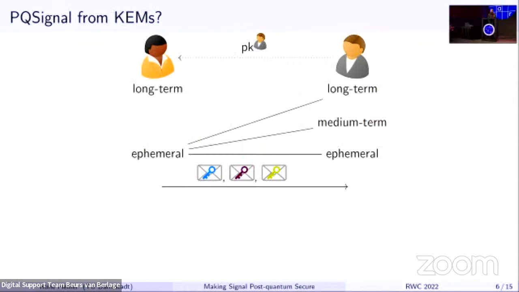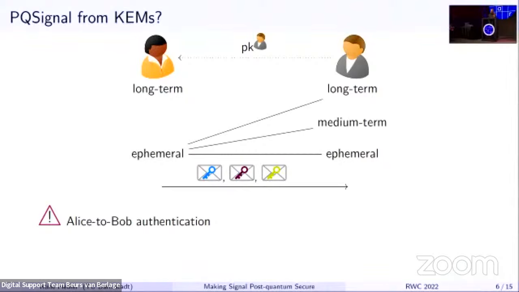So how can we build a post-quantum version of Signal using just key encapsulation mechanisms? A direct construction could look as follows. Bob has three KEM key pairs, long-term, medium-term, and ephemeral again, and then Alice is encapsulating against each of Bob's keys. Then Alice can send over all of these three KEM ciphertexts to Bob, who can then decapsulate them. The problem with this approach is that there is no Alice to Bob authentication. From Bob's perspective, anybody could have produced these encapsulations.